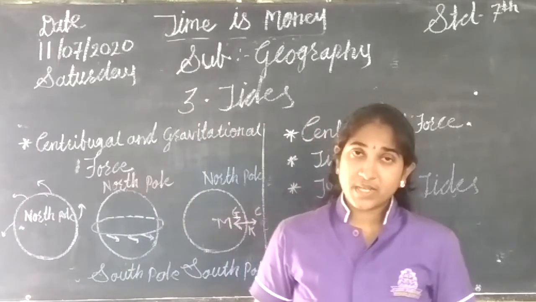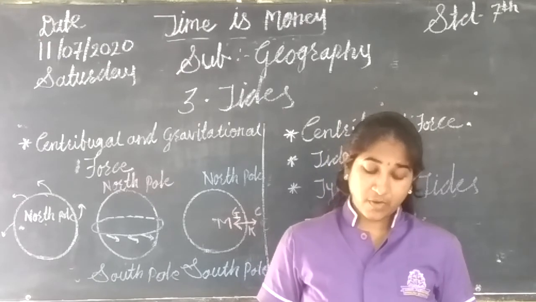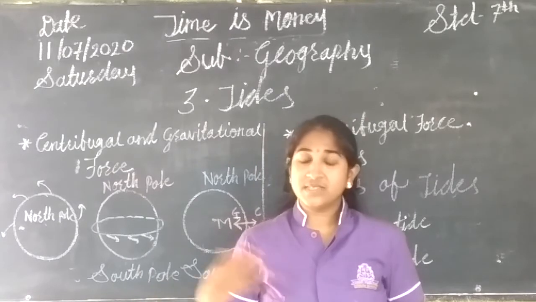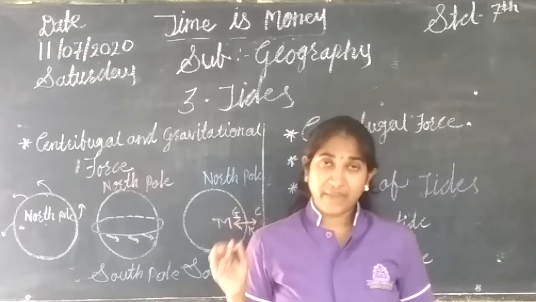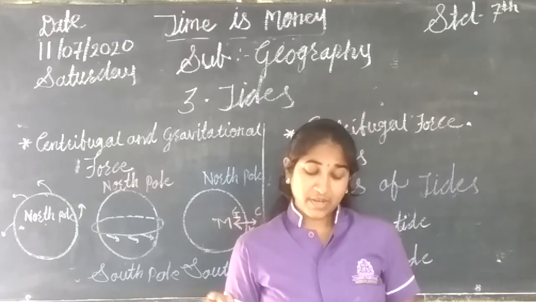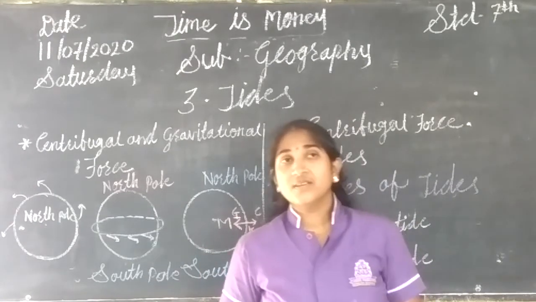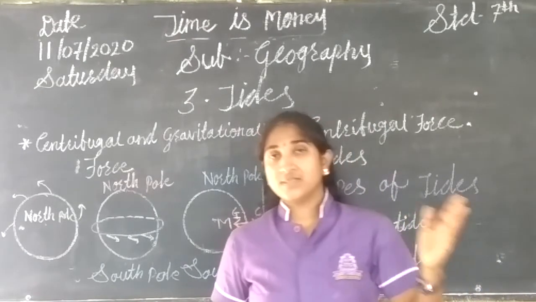Tides. The next topic is about the tides. The following factors are responsible for the occurrence of tides. The movement of water happens. High tide is there, low tide is there. But what is the reason behind that? Some factors are given: the gravitational pull of the moon and the sun as well as that of the earth. See, many things happen because of the moon, earth and the sun, right?